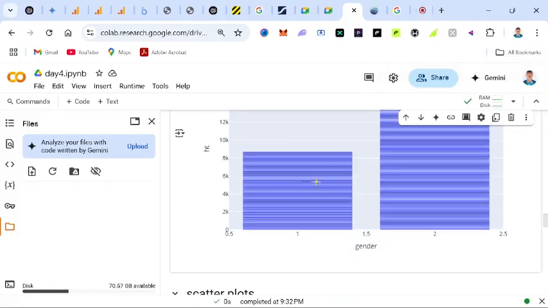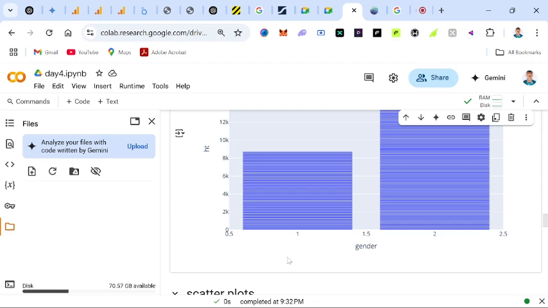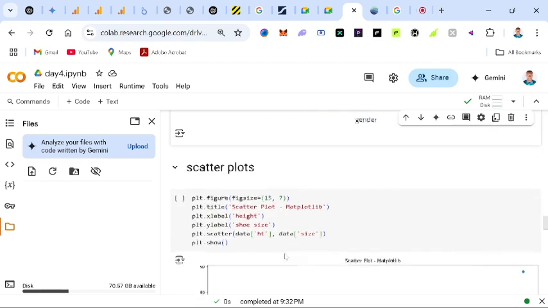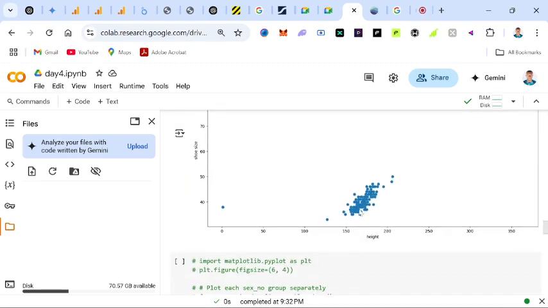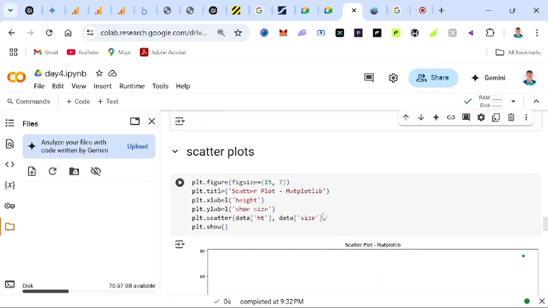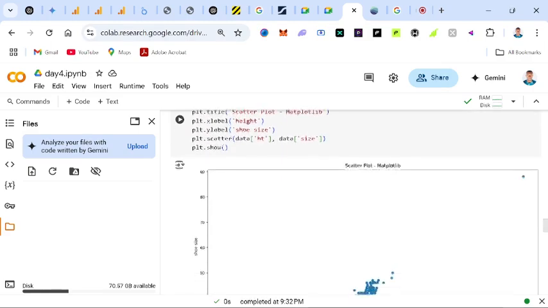So this is how you can plot your bar plot. Now in the other graphs, we will go a little bit fast because it's just the name that will change, but it's the same thing. So if you are trying to do a scatter plot, it's the same thing. A scatter plot is a plot that has dots, dots, dots. That's what we call a scatter plot. So in order for you to do a scatter plot, you can do